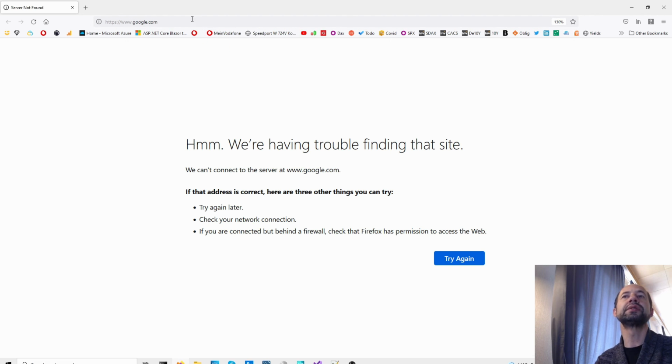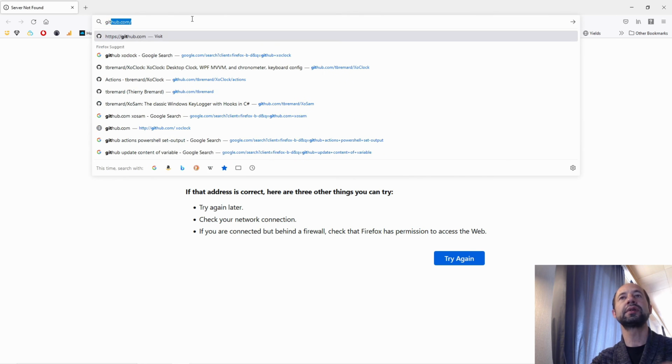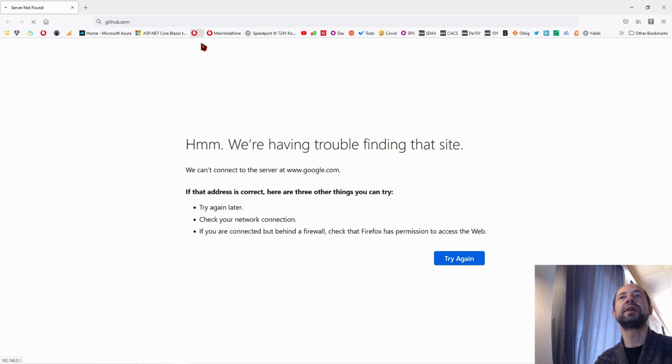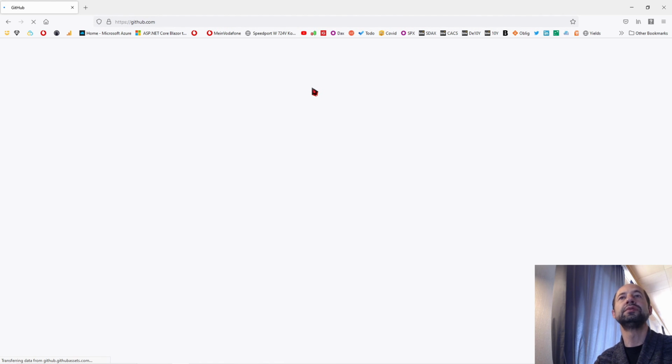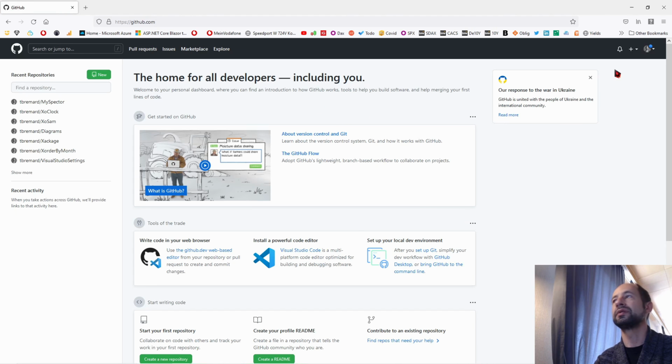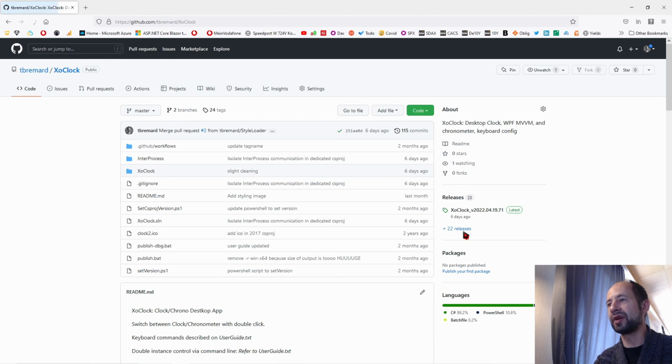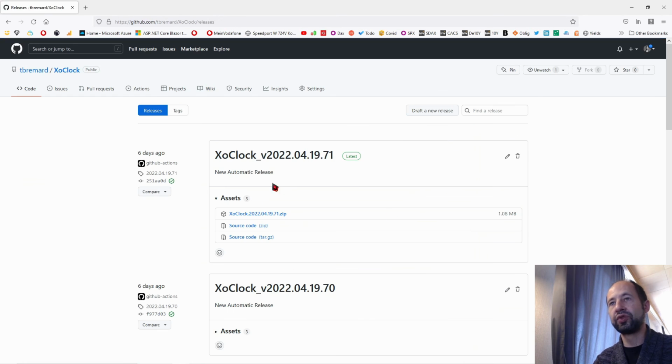Connected, good. So let's look at my GitHub with my repository, Xoclock. Here you have some releases. To create a release, you can do it manually by going on the release page.